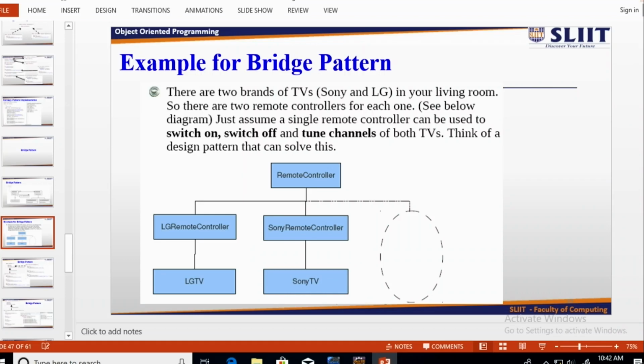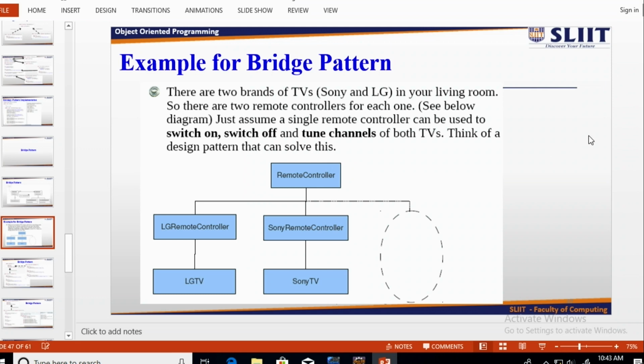That's the difference in the bridge pattern. One algorithm is within the LG TV and another within the Sony TV. With one remote controller, how are we going to vary these two algorithm invocations? That's the initial plan that we have to sort out.